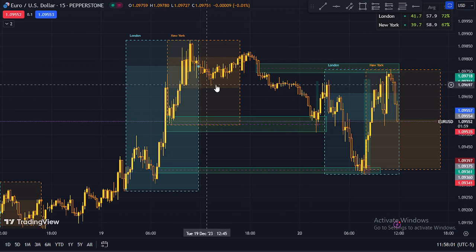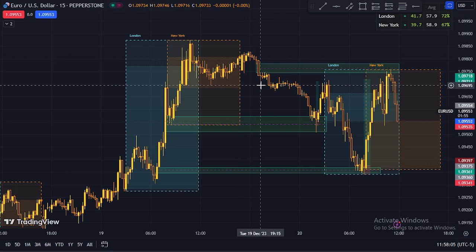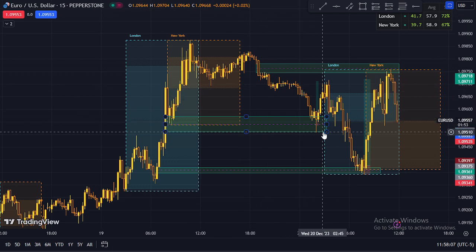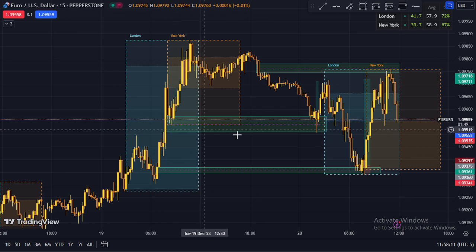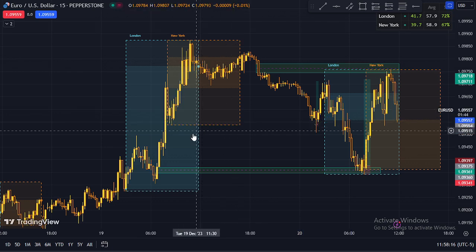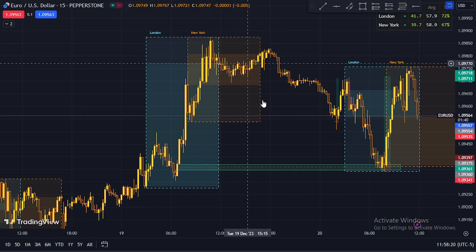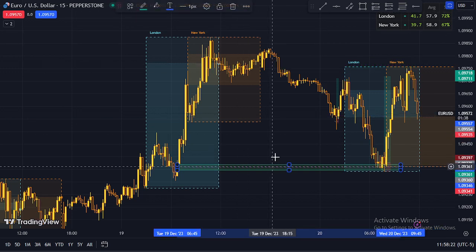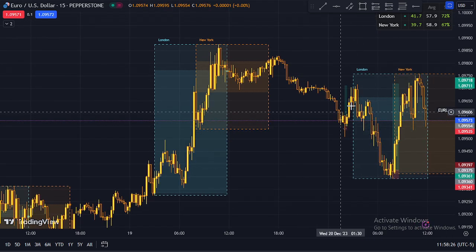We had these sell side liquidity residing below that. It was taken right there. We had these lows right there. Let me delete this one first. As you can see, let me delete this one and this one, so that you can see price using